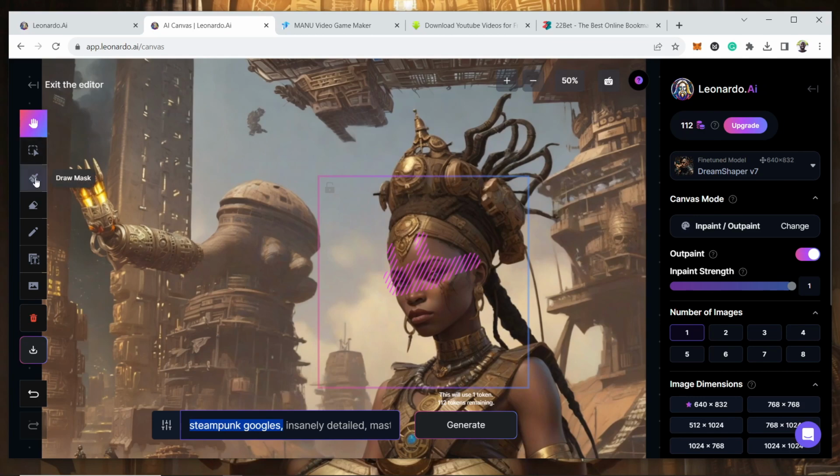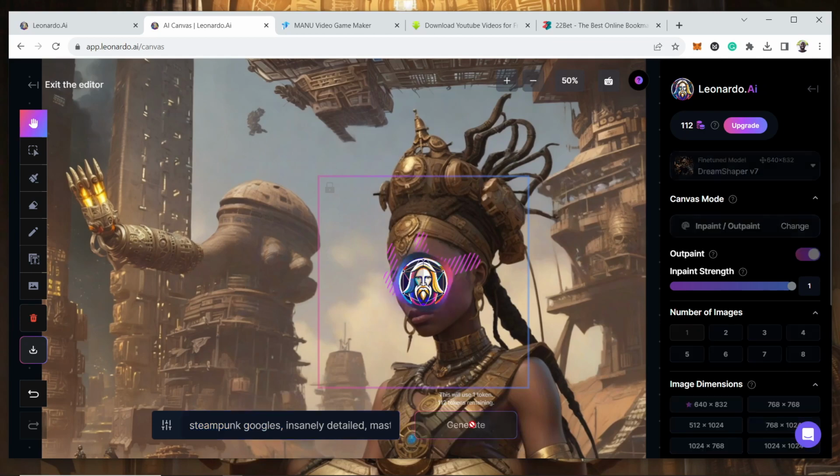So I used the mask. For inpainting, you move the box over the parts you want it to affect, but you also have to use this mask to draw over where you want it to affect specifically. I've used the sketch tool to draw, and I've also used the mask. But in this case, for inpainting, I realized the mask gave me my result, or maybe I wasn't using the right prompt. But when I type just steampunk goggles and I press generate,